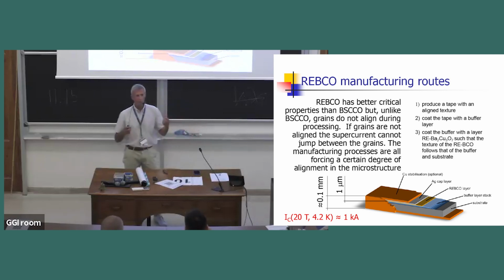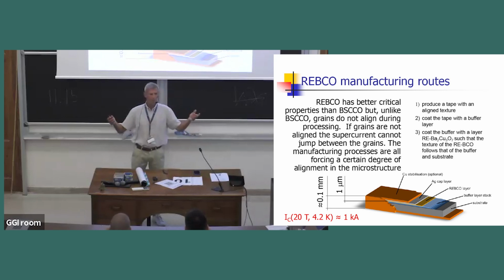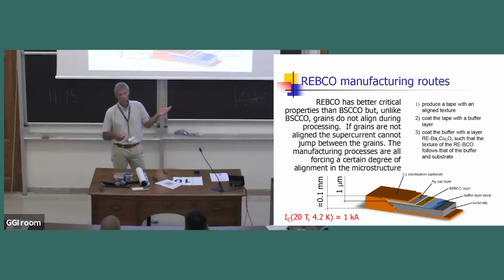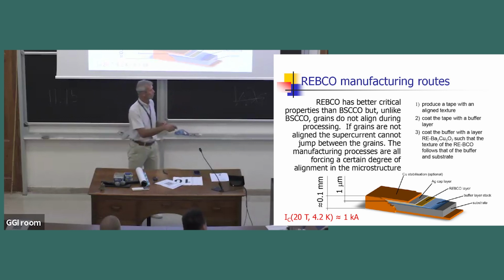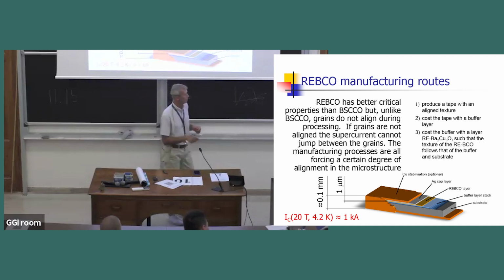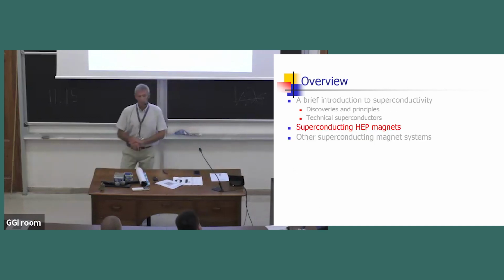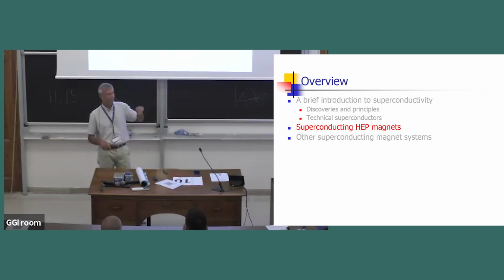Now, imagine growing, essentially, you need a kilometer of these tapes or wires. It's a kilometer single crystal, okay? So it's not easy. It's a complex process. It's a rather expensive process, but once you master it, you can actually go for it. Now, same as BISCO as you saw before, so about a kiloamp in a tape at 20 Tesla and 4.2 K. Okay, so what did we do with these things?